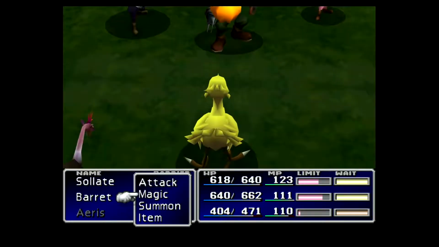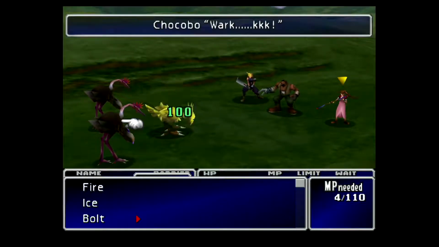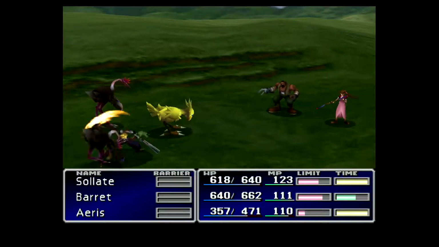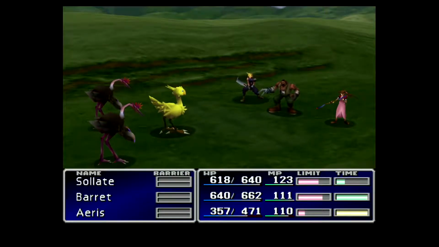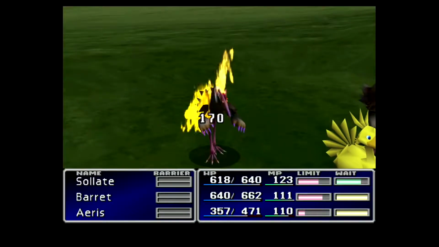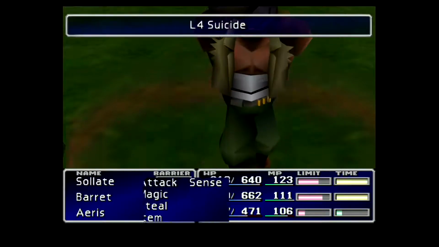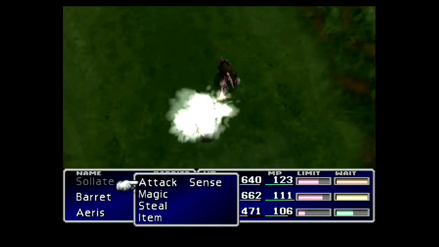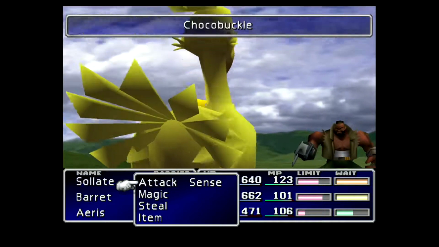And then very carefully select the enemies that you're trying to kill. Just do one attack at a time because you do not want to kill it off with one move and then have bad things happen. Go ahead and use level 4 suicide as soon as you can, and you will now learn Choco Buckle, which